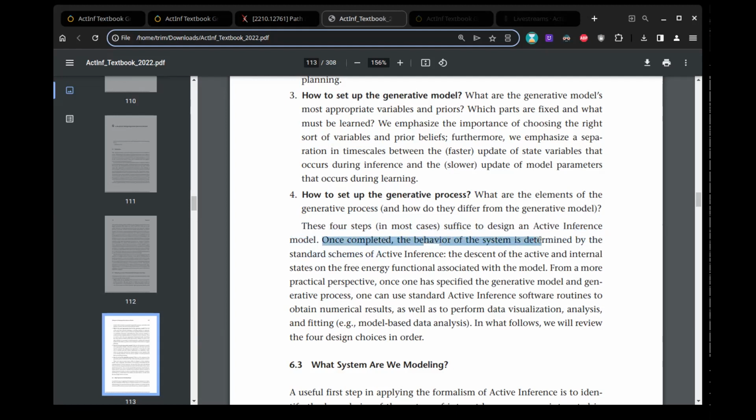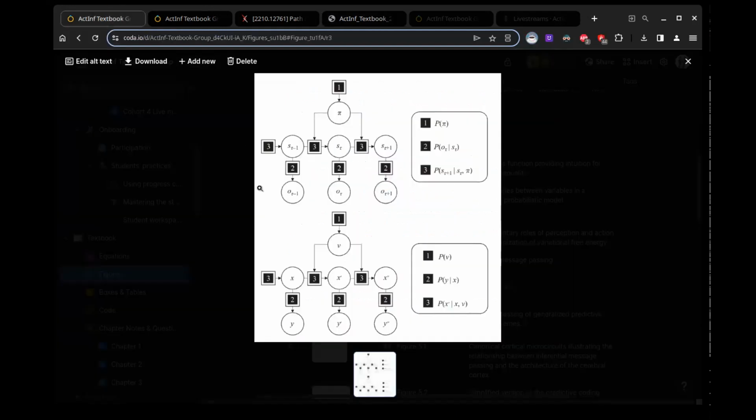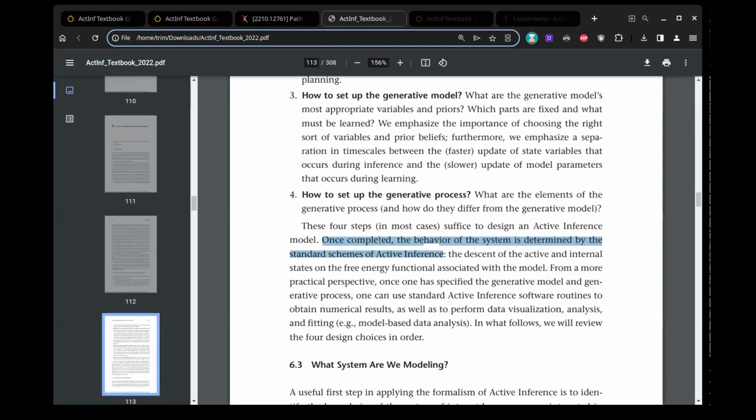Once completed, the behavior of the system is determined by the standard schemes of active inference. This is a huge advantage of working with active inference cognitive modeling: once you get the model set up and entered into whatever implementation approach you're using, SPM or PyMDP or RxInfer, etc., then the methods of parameterizing it, fine-tuning it, fitting that model are very generic and straightforward.